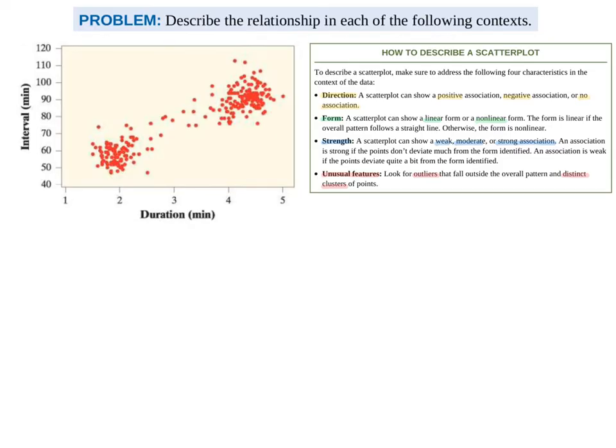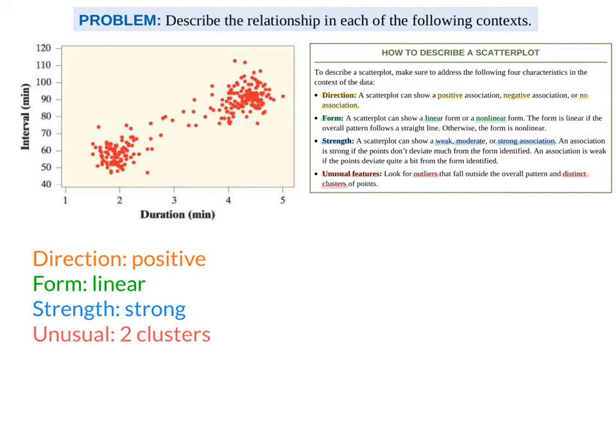So let's take the first one, the one about Old Faithful, and describe it using these four things. I'm going to use these four categories to really make up an explanation here. First, I'm looking for direction. Now that's either positive, negative, or no association. So this is positive. That would be a positive linear slope,